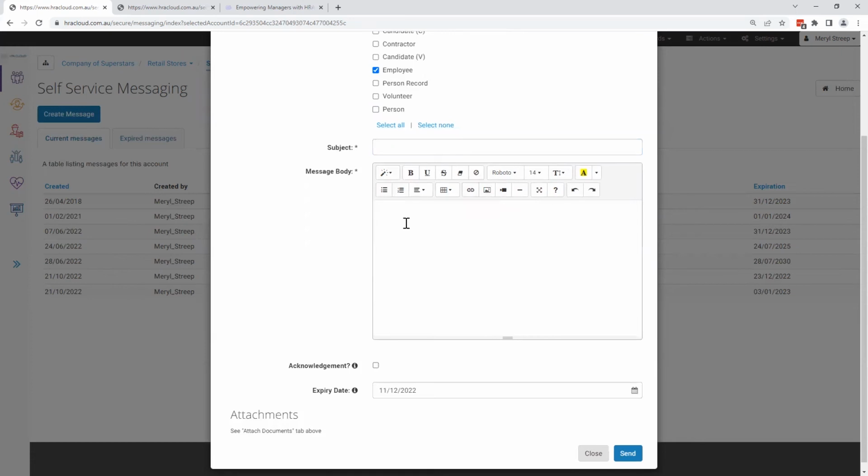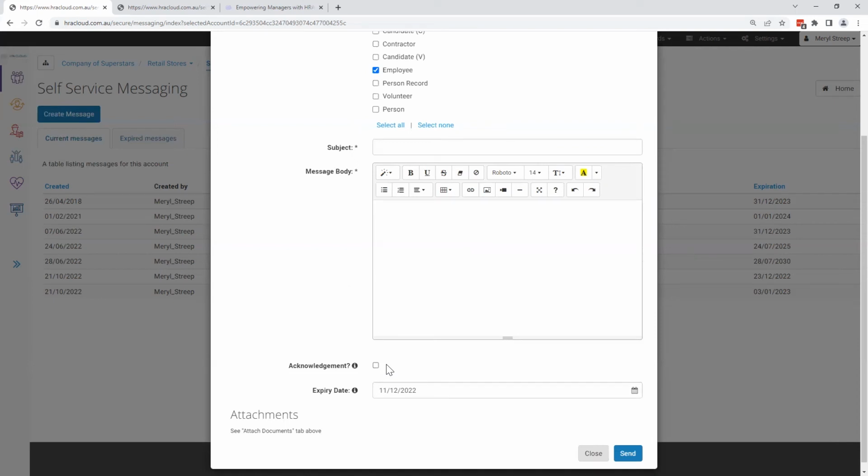For self-service messages, you do have the option to send it as a message that requires acknowledgement by ticking this box just down here. By ticking this box, there'll be a note automatically recorded to the employee's file of the message that was sent, as with all messages that are sent from this messaging functionality. And then there will be a note recorded to time and date stamp the employee's acknowledgement of that message. This is particularly useful when sending out documents such as new company policies, as you'll automatically get a record of the employee's acknowledgement of that policy.